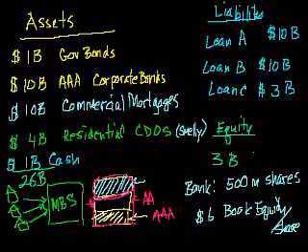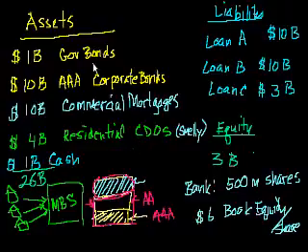So let's see where we left off. We were studying the balance sheet of this Bank A, I think that's what I called it. And we said, okay, on the asset side, had some government bonds, had some AAA corporate bonds, some commercial mortgages. And then this is the thing that I really wanted to highlight: it also had $4 billion of residential collateralized debt obligations. And I explained a little bit about what those are.